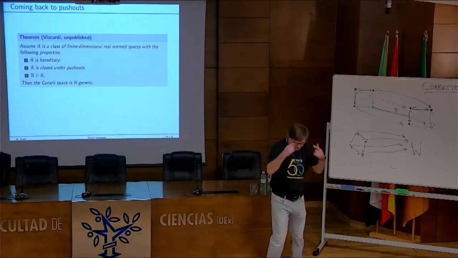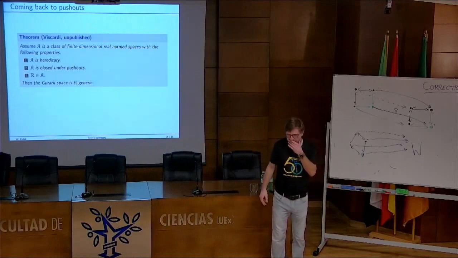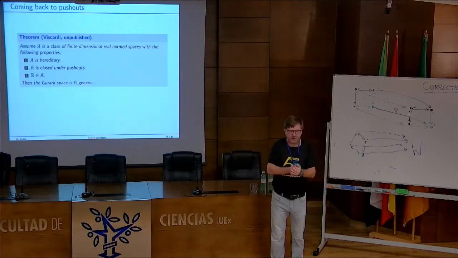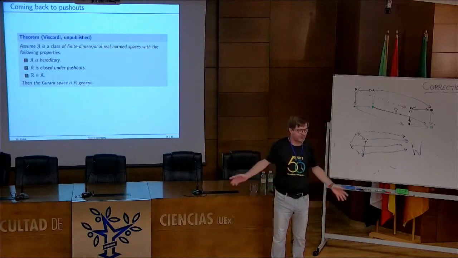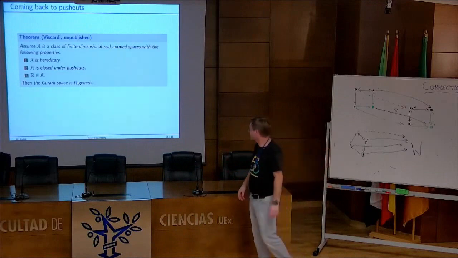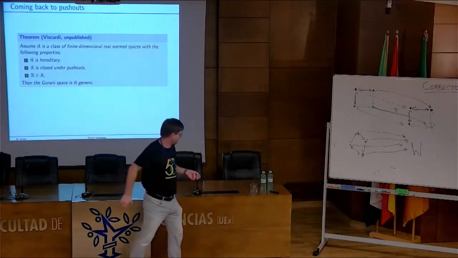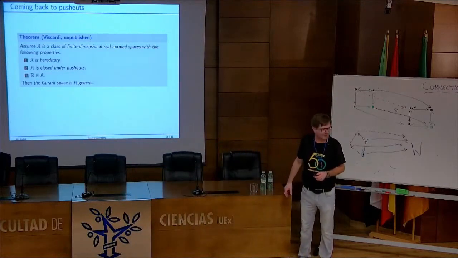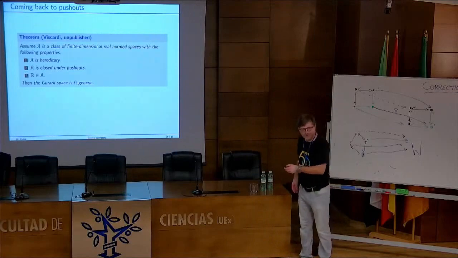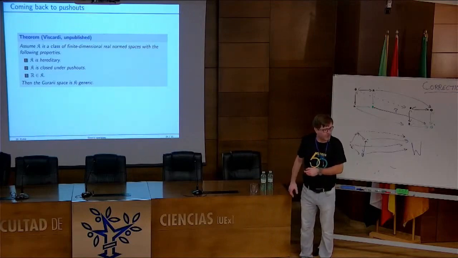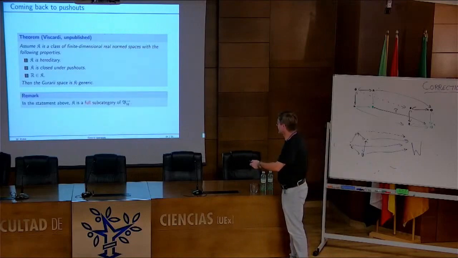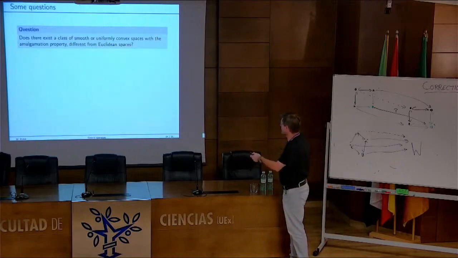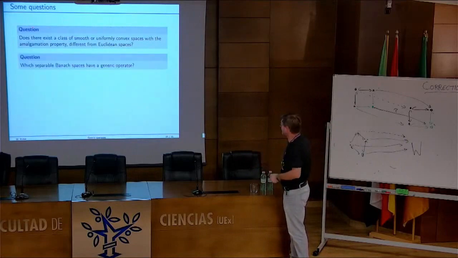And what is an annoying problem? There's no other amalgamation that would work for, let's say, uniformly convex spaces or things like that. Nothing. I know nothing about it. For instance, we have uniformly convex spaces with this modulus of convexity. Do they have amalgamations or approximate amalgamations? Still don't know. I think, yeah, here it is, full subcategory. So, yeah, for instance, this is the question I wanted to say.